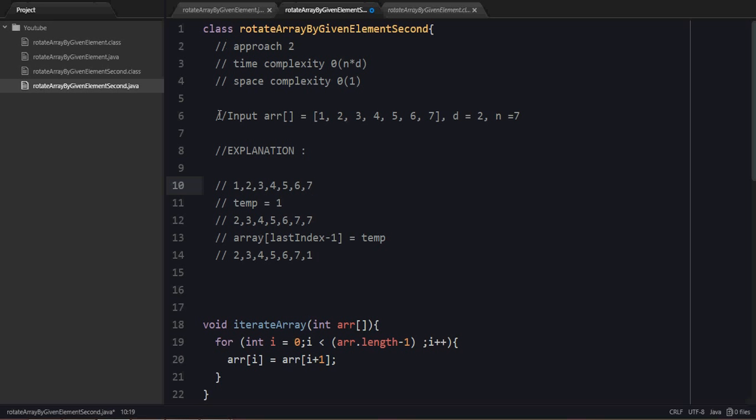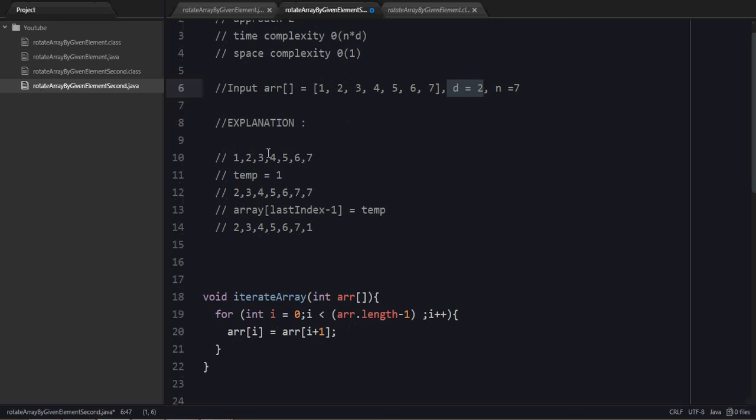As I discussed the problem statement in approach number 1, what we are trying to do is, if we have an array and we have been given an input, that is d, the number of elements that we want to rotate. So in this, the explanation that I have given is, if we have an array, we are taking a temp integer